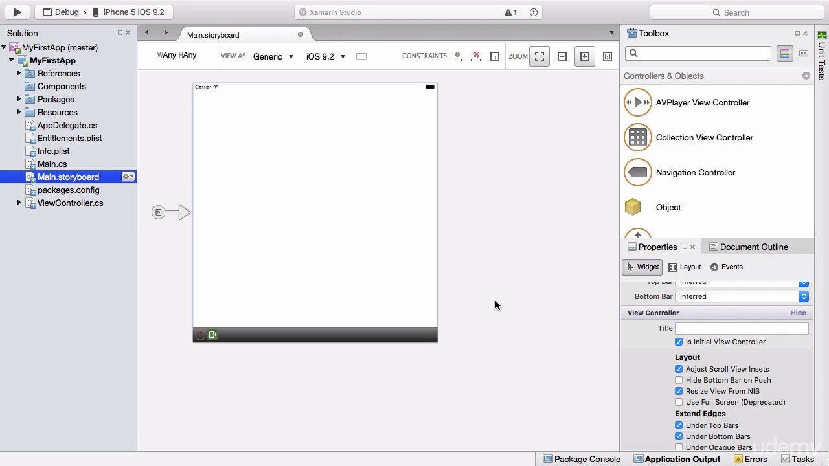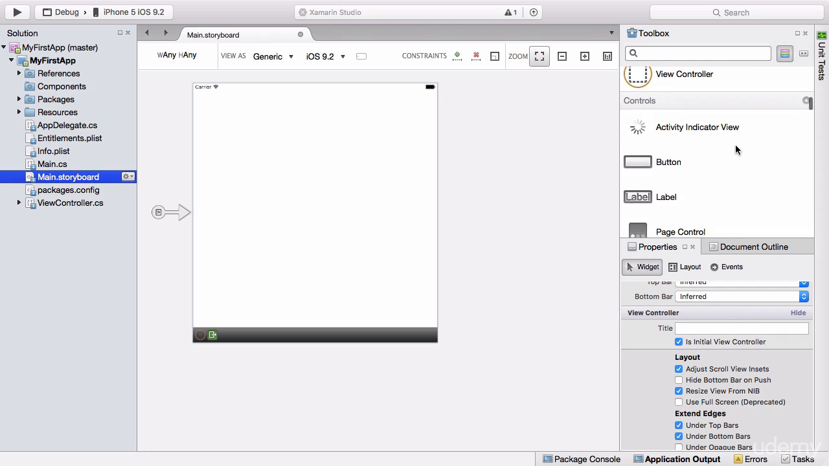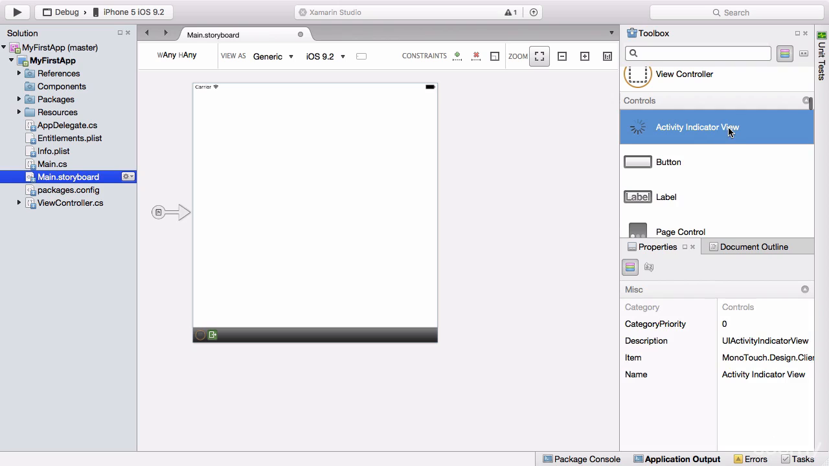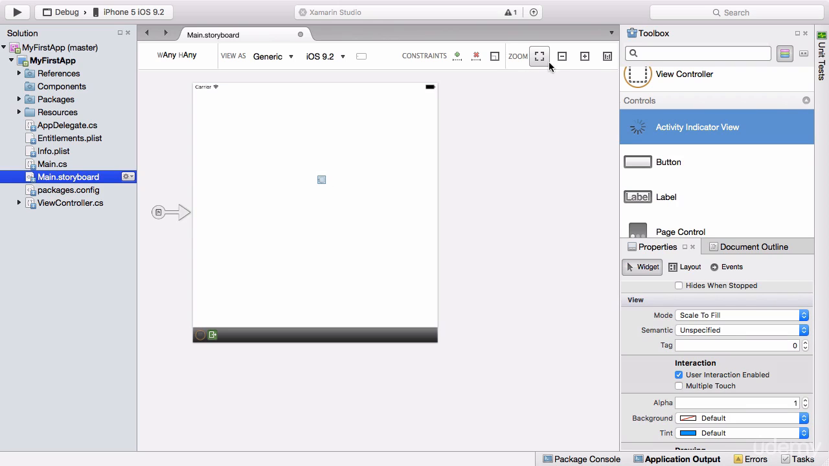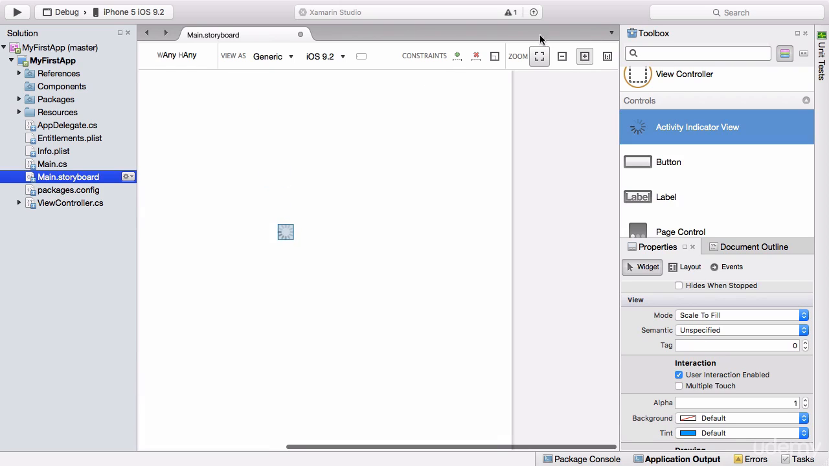Okay, so we have our view controller. How do we drag objects into there, or graphical elements? Over in our toolbox at the top right corner, we can scroll down and grab elements. So if I grab something like an activity indicator view, I can click and drag it and drop it in to my view controller. And I'm just going to zoom in so we can all see it a little more